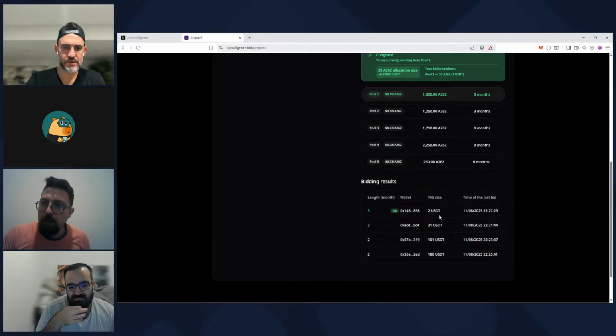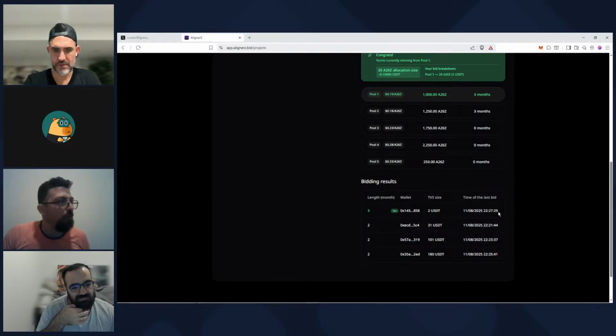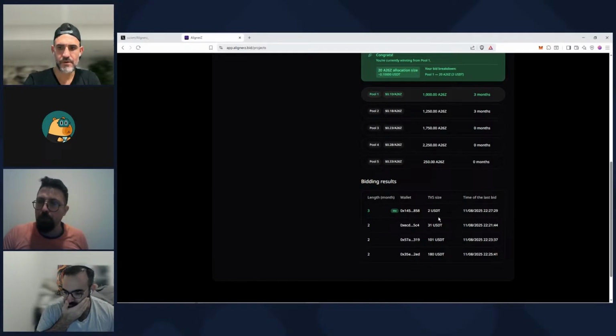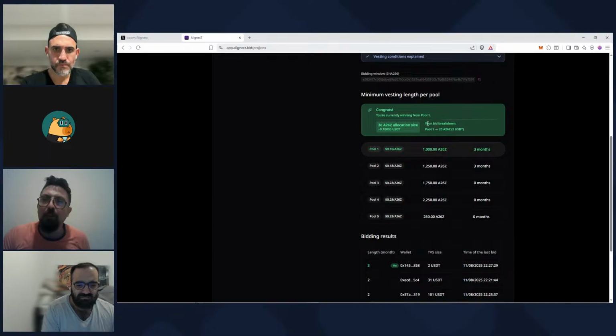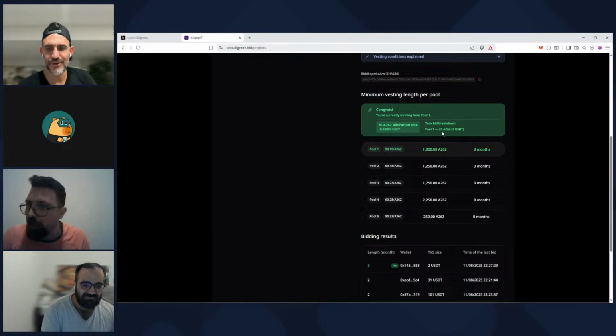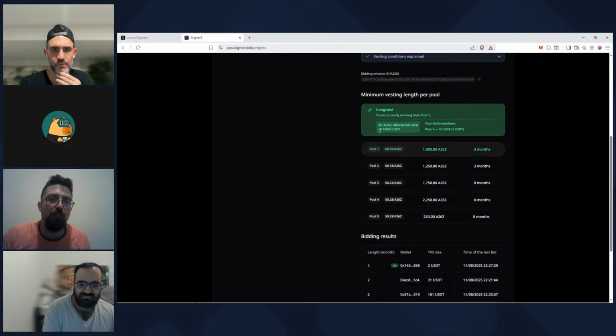So right now I am allocated from pool one, and Dave also, I believe, from pool one. My allocation is 20 tokens only, because I placed a $2 bid. It showed me here even the average price.